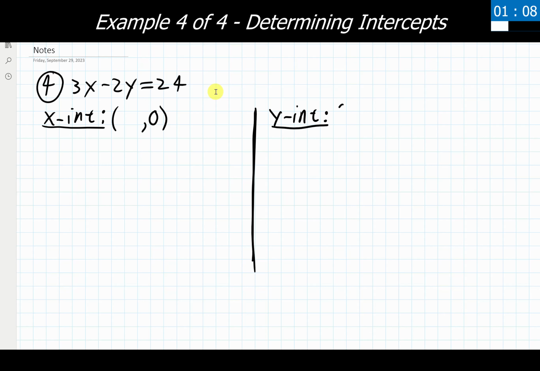Remember, the y-intercept has an x value of 0, and we should be solving for a y value, so I'm going to leave that blank over here. And like we did with our previous problems, we're plugging 0 in for x or y, depending on which intercept we are solving for, and solving for the thing that's left over. Now, just because this one is written a little bit differently doesn't mean we're going to change anything in our process. I still recommend we take one step to write out the 0 being plugged in, and then we go through and solve it from there.